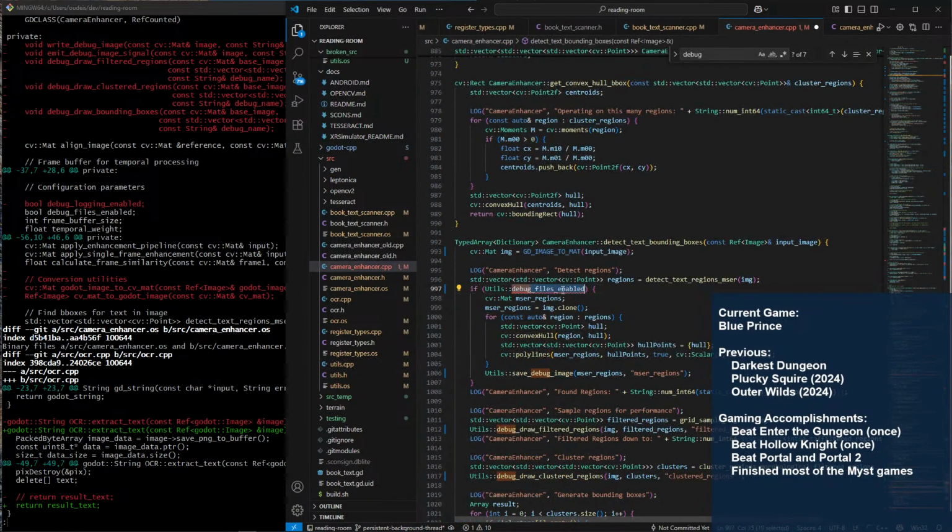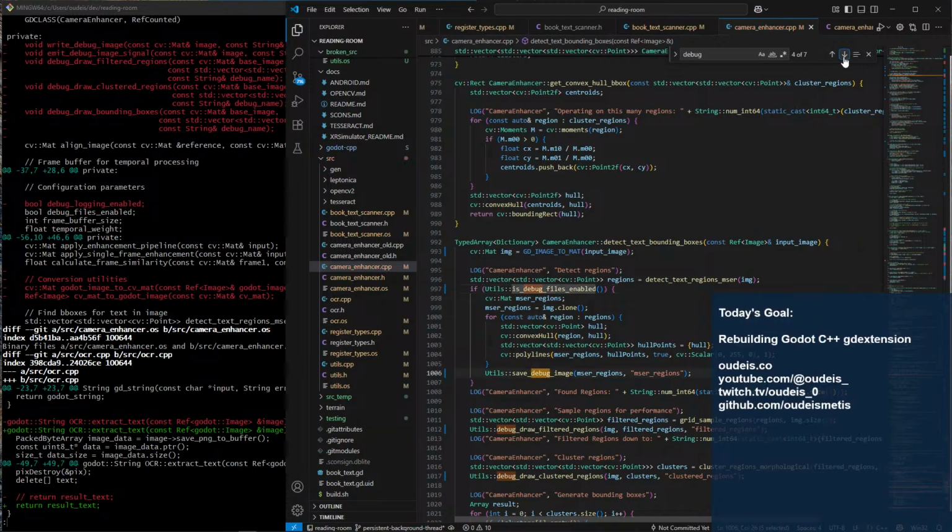Let's fix this, shall we? That might not have made it with the move. So that's debug file enabled, save debug image.